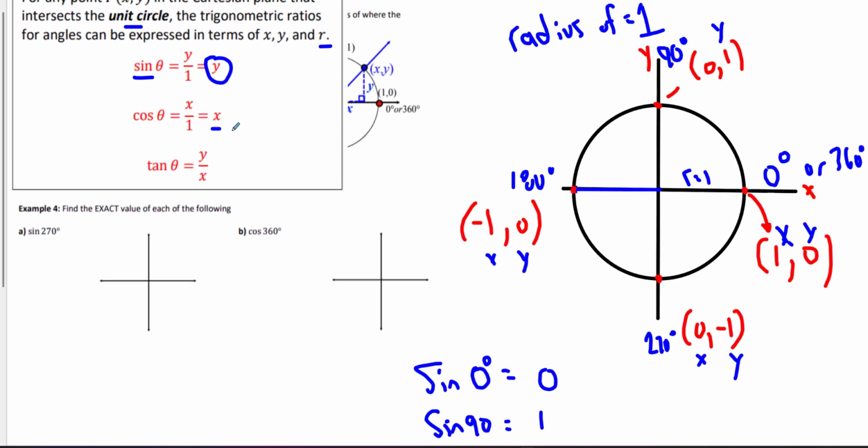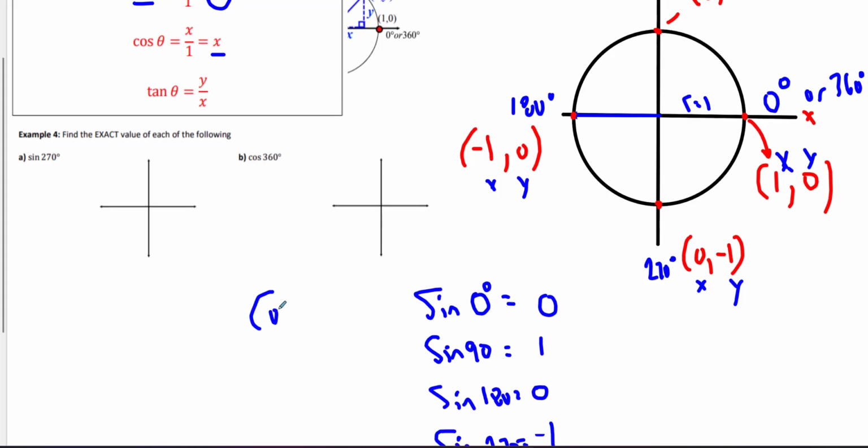Cos of theta is equal to x. So same thing, cos 0 is equal to the x